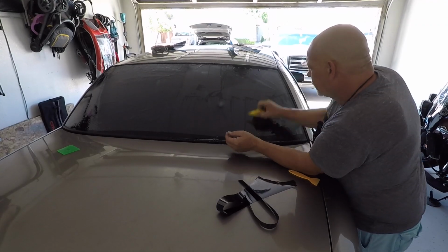It was horrible. I've done windows before, like just front windows on a truck, which are kind of easy. I've done the tint strip on the front window, which is also kind of easy. I decided to try to do the back windows. I bought a whole pre-cut window tint kit, and I tried to do the back window. I botched it horribly, and then I ended up calling another guy and having him come out to do it,